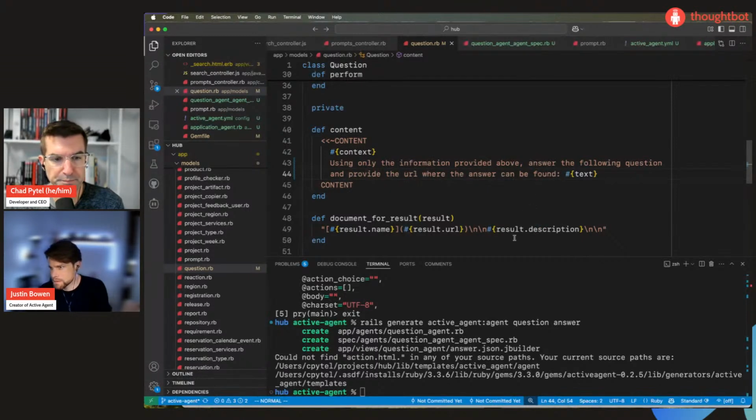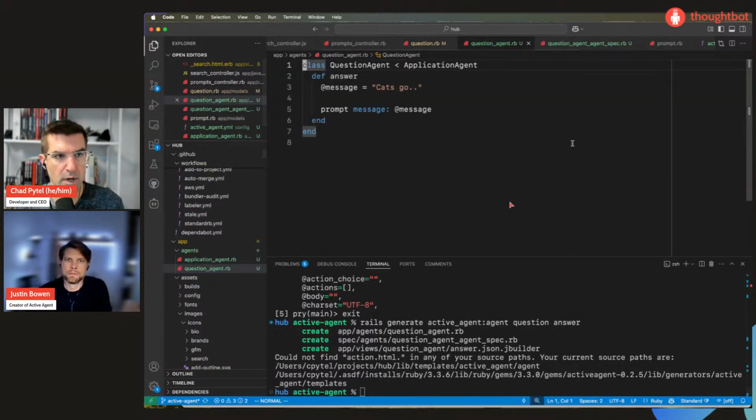Okay, that's what I'm getting from Brian, like if we gave the agent a search action. But we don't need to give the agent a search action in this case, because we already know the text is going to contain that query with a question mark in it. Okay. So then the question agent that's generated,